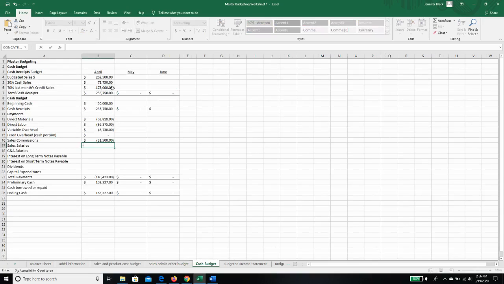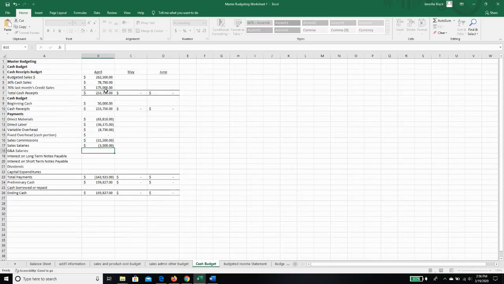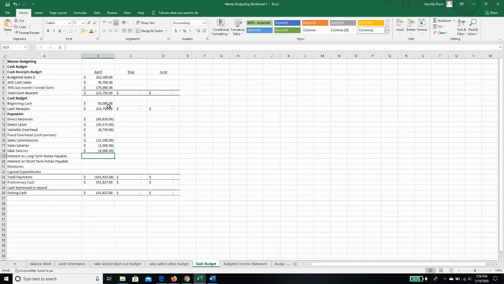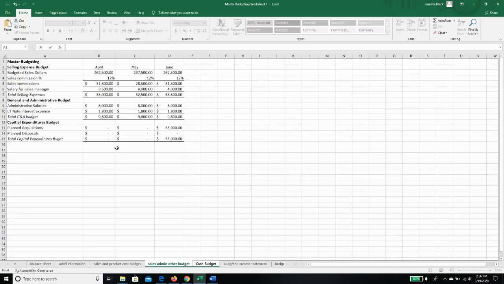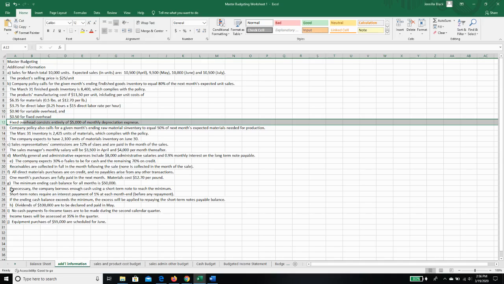Sales salaries, I can go over to my sales salaries budget. And G&A salaries, I'll go to my G&A budget. Interest on long-term notes payable, that's in my G&A budget as well. Interest on short-term notes payable, I think we need to go to our other information page. So right here,